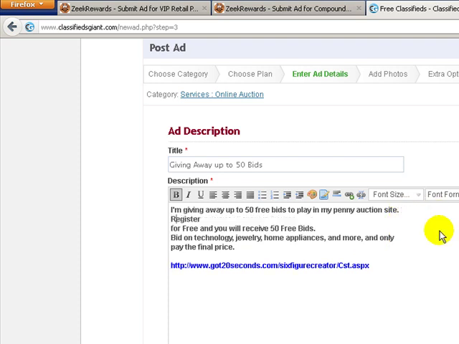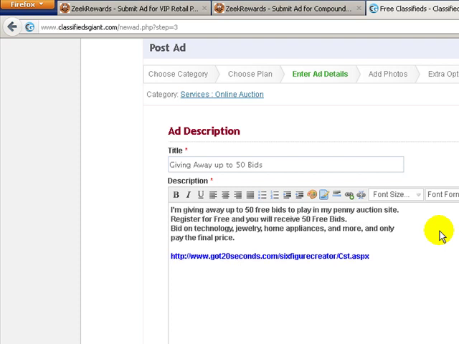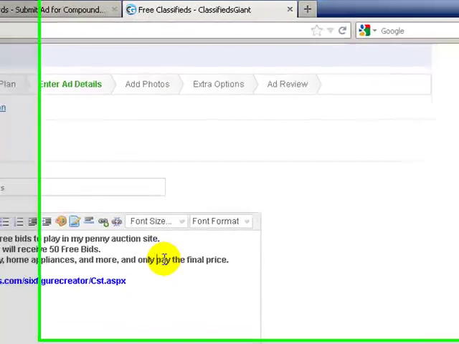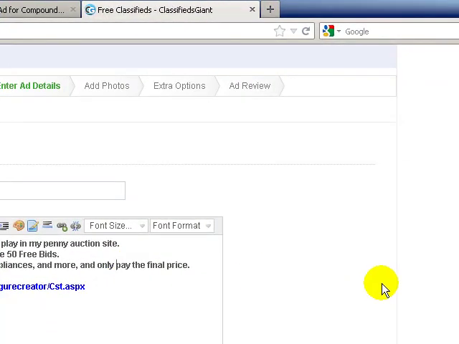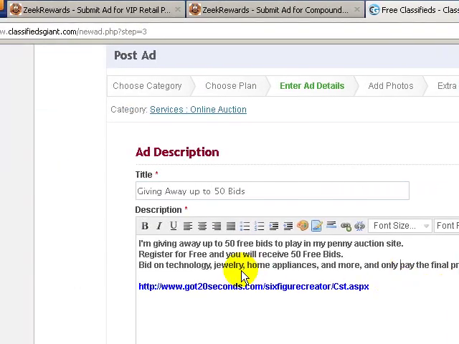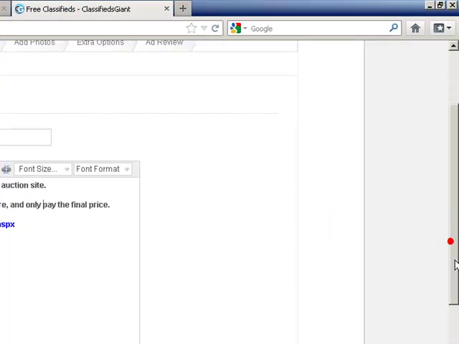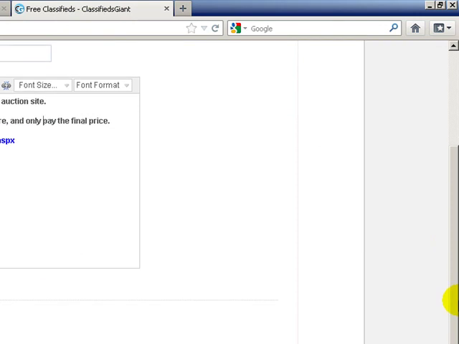And I like to actually kind of reformat it just a little bit so it fits in there, right. You don't really have to take the time to do that, but I like to. And that's it. So we have our stuff there. Now you can get a little more fancy here. You could actually add some pictures. You could change the background color to bring it out more, to make it appeal to people or grab their